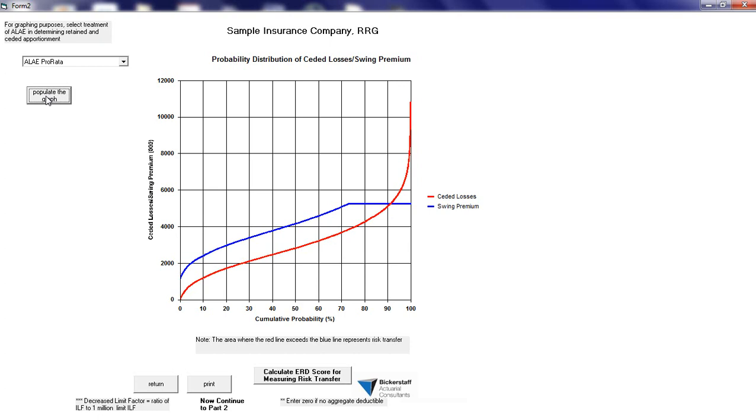In part one, we defined the captive with a $5 million premium, some other parameters. We defined the swing rated reinsurance plan, and then we ran a simulation of 10,000 trials of the losses of this captive,